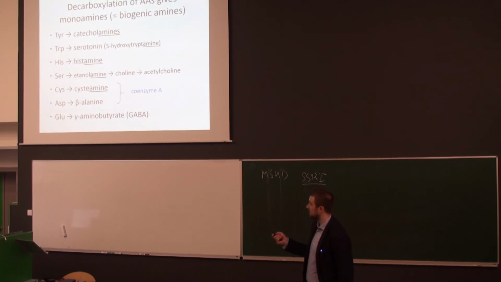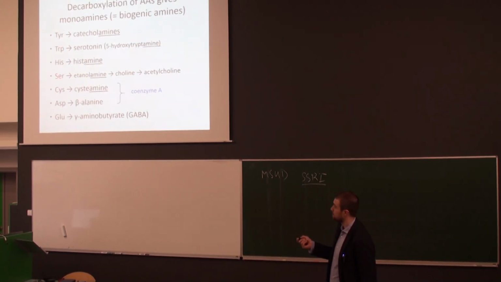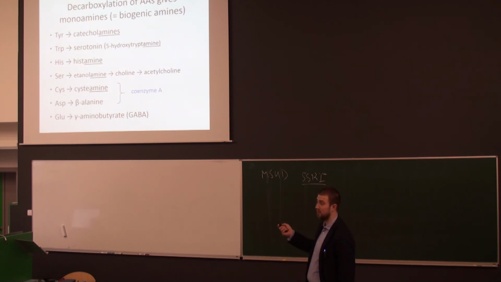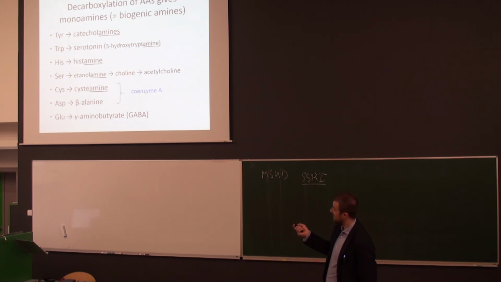Another compound that can be decarboxylated is serine. Serine, by decarboxylation, gives you ethanolamine. And ethanolamine, as you know, is the constituent for the phospholipids. When you do a triple methylation of nitrogen in ethanolamine, you will produce choline, and choline is another part of the phospholipids. And then if you add choline plus acetyl-CoA, you produce acetylcholine, and acetylcholine is another neurotransmitter that you